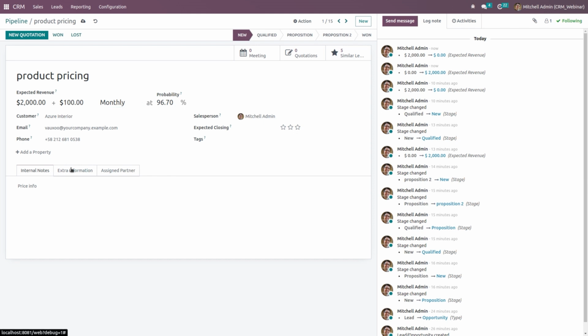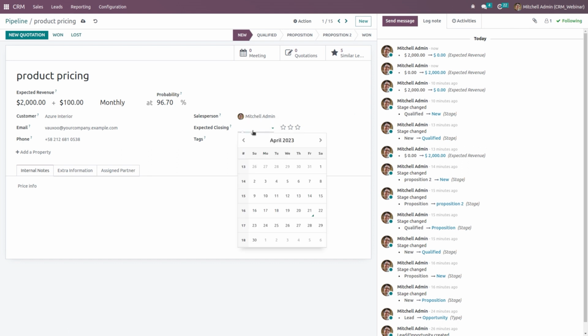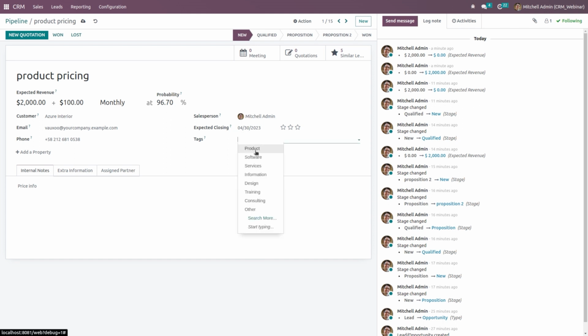The internal notes and extra information are all pre-filled here. We can also see the salesperson for this opportunity. The assigned salesperson can be added here, along with the expected closing date for this opportunity. I set it as April 30th, so April 30th will be the expected closing date. Also, you can set some tags for this opportunity. I'm adding product